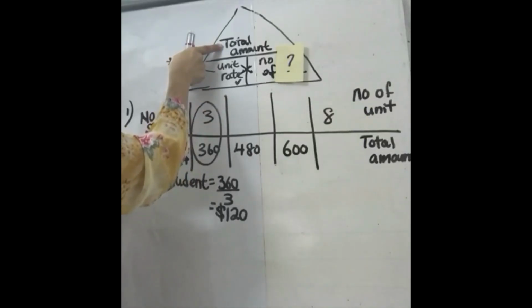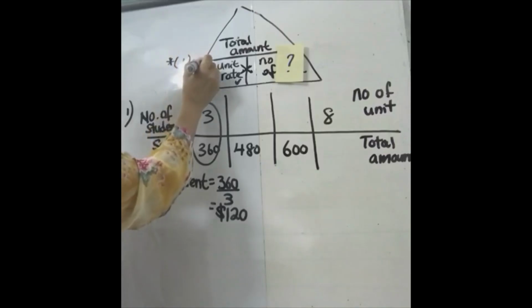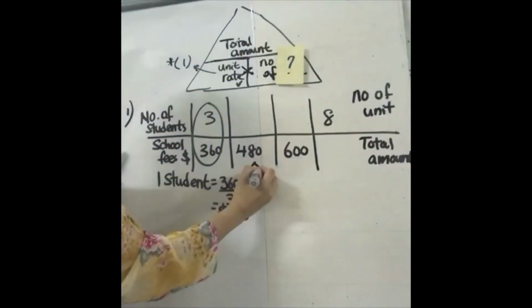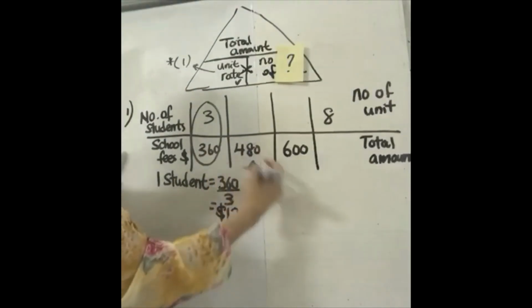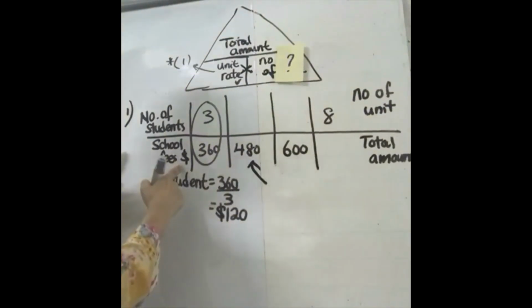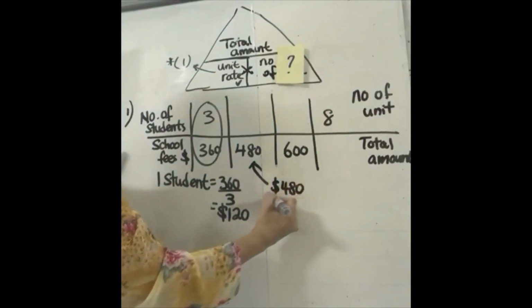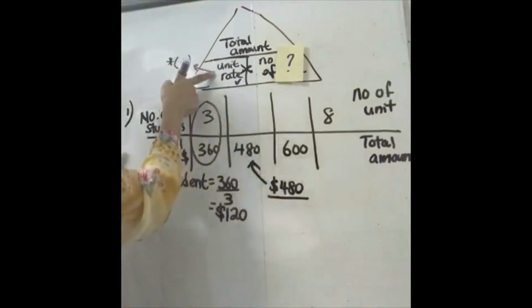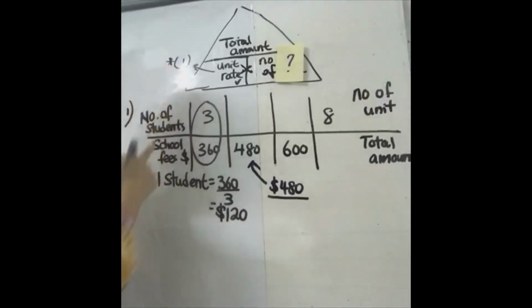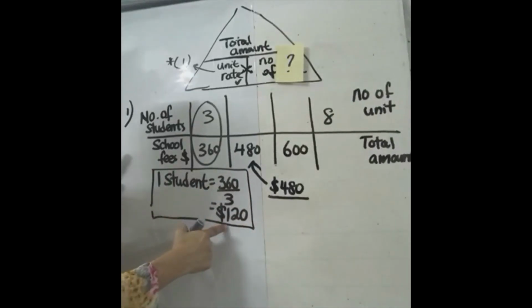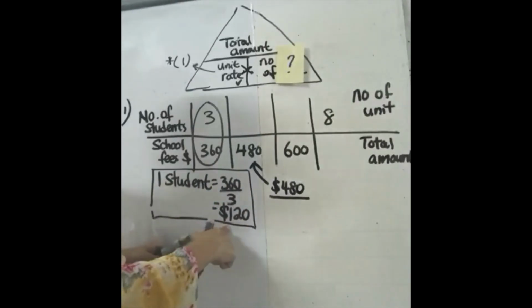Total number, total amount. Okay, the total amount. You divide. This is called divide. Divide by unit rate. So we're going to do the second part. We're going to take the total amount, that is 480 divided by the unit rate. What's unit rate? There's 1. Let's go look for 1. Here is 1. 1 student. So 1 student, you have to pay how much? 120. So we're going to put here